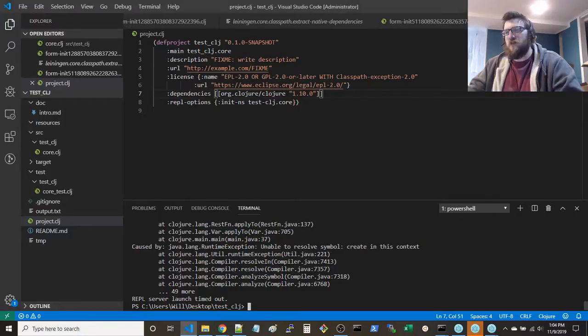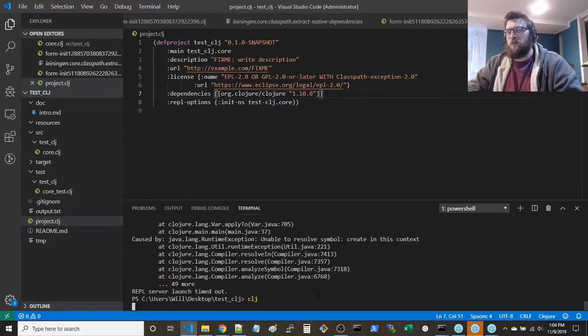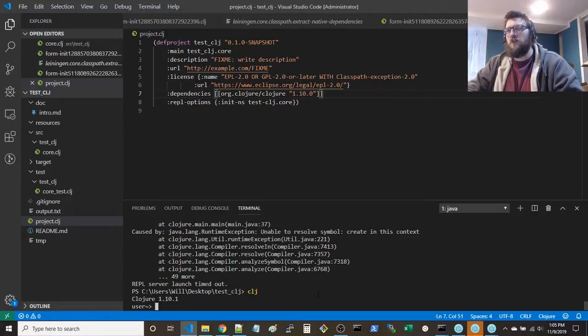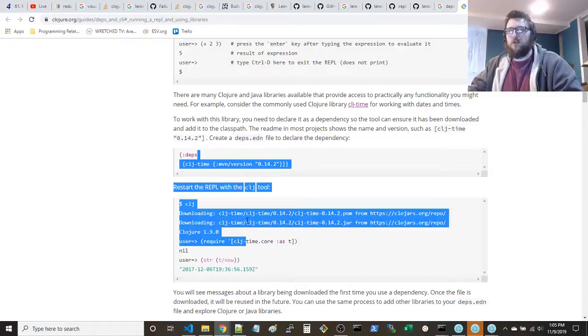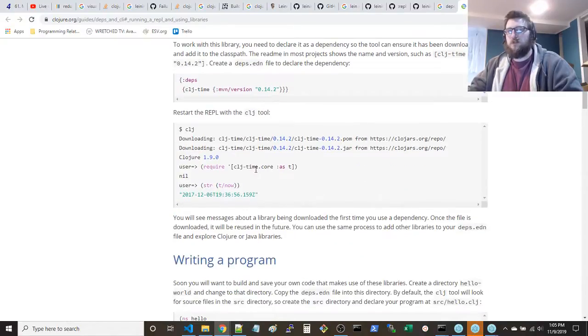Okay, just run CLJ. Oh, that works too. Interesting. How come the lein REPL doesn't work though? So strange.